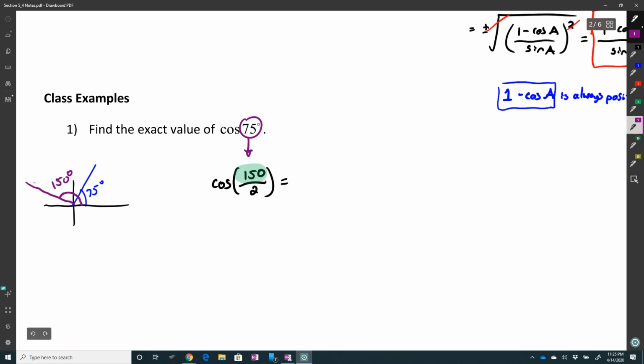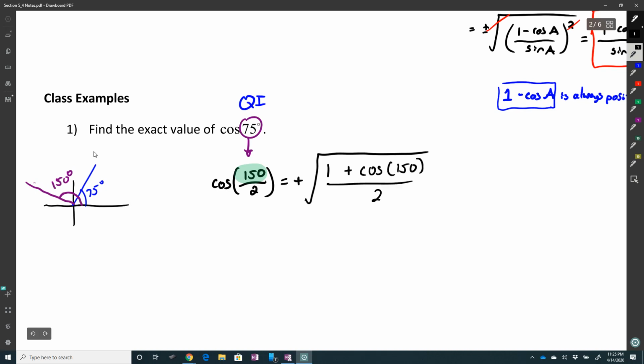All right, so the angle itself is in quadrant 1. 75 is quadrant 1. So look at my sign, it's going to be positive. And so it's going to be the square root of 1 plus, just using the formula, cosine of 150 over 2. Now, cosine of 150